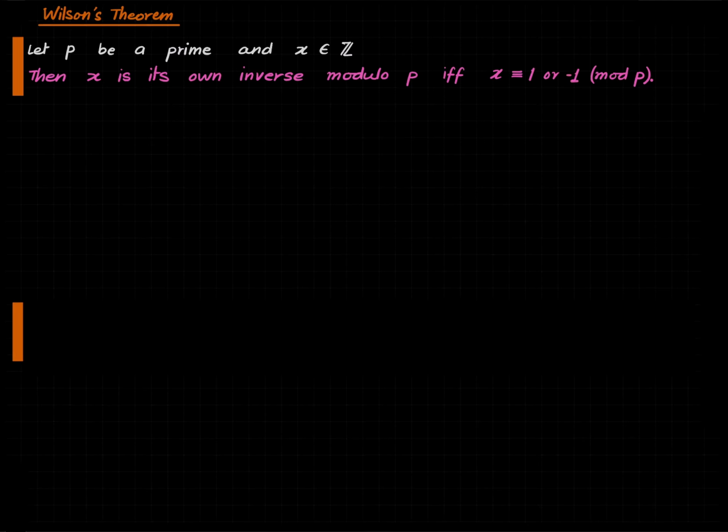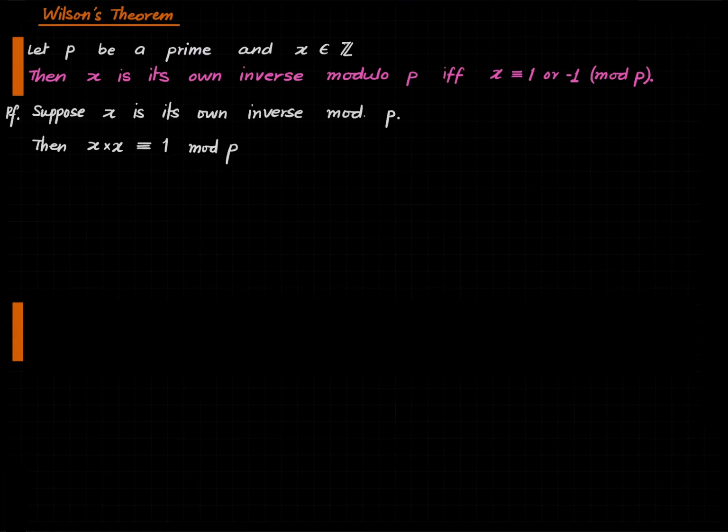If x is congruent to 1 modulo p, clearly x is its own inverse. If x is congruent to minus 1 modulo p, clearly x is its own inverse. So one direction is clear. We will prove the other direction. Suppose x is its own inverse modulo p, then by definition, x times x is congruent to 1 modulo p, which implies x squared is congruent to 1 modulo p,